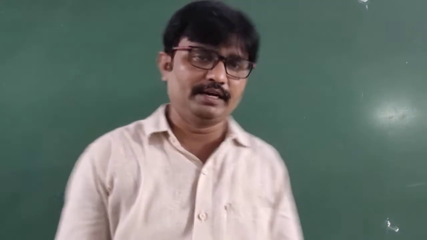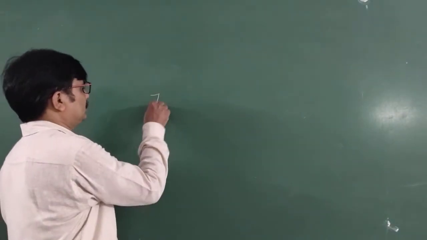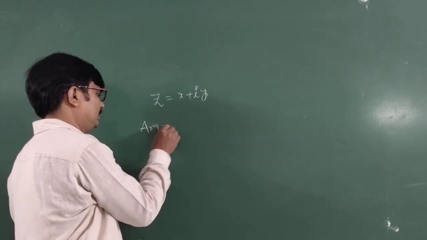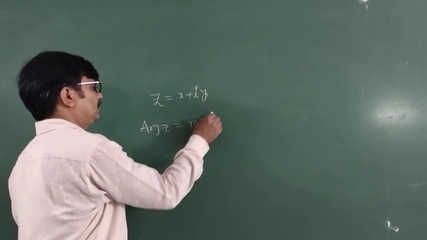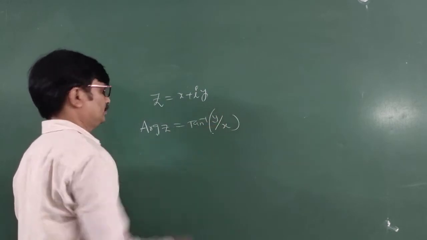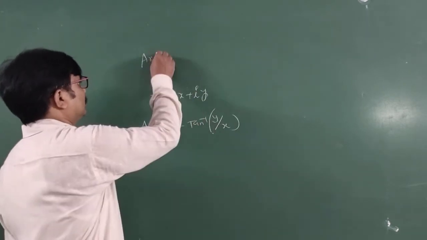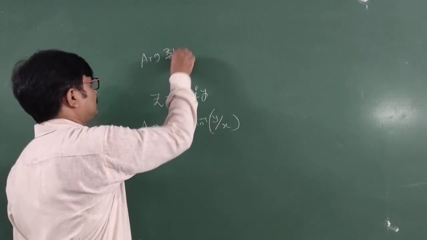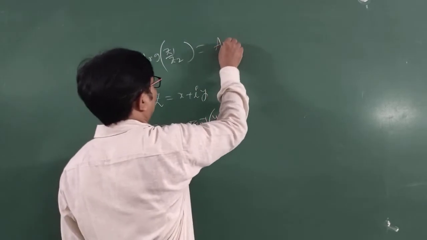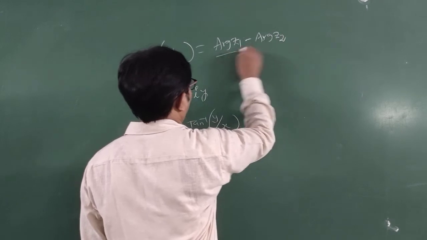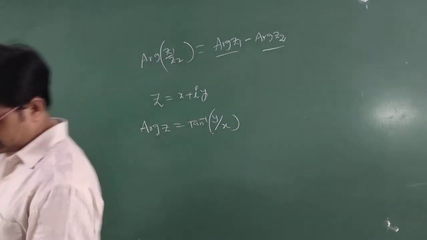Here only we can apply the argument of z1 by z2 is the argument of z1 minus argument of z2. So dear students, if z equal to x plus iy, the argument of z is nothing but tan inverse of y by x, and argument is nothing but amplitude of z also. The argument of z1 by z2, this is, students, argument of z1 minus argument of z2. Okay students,